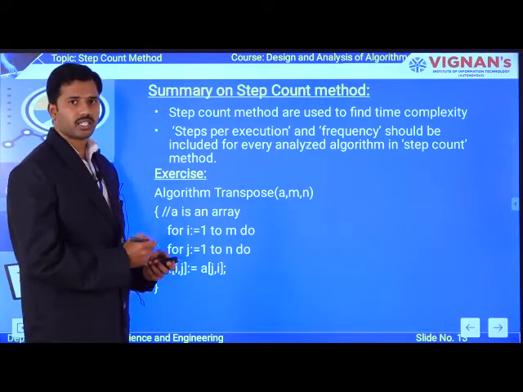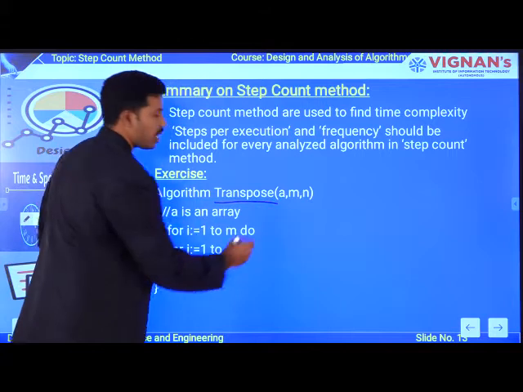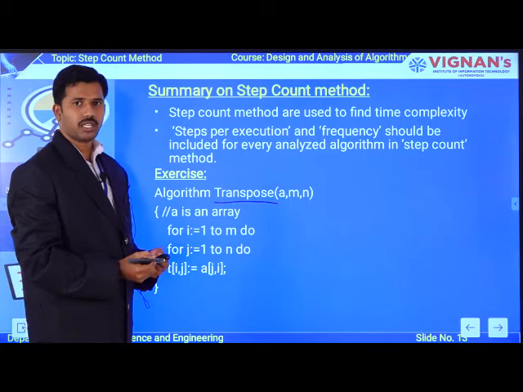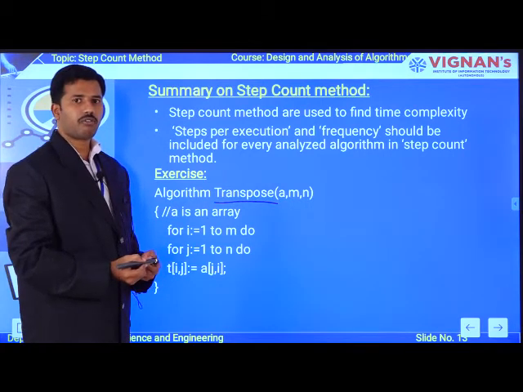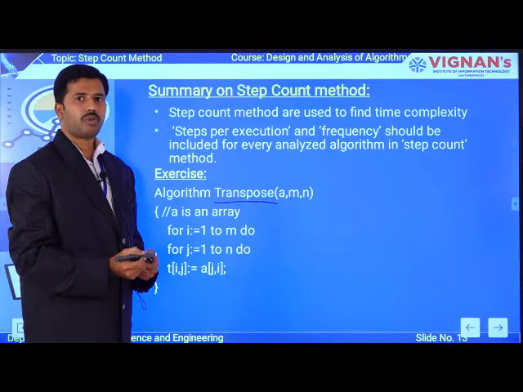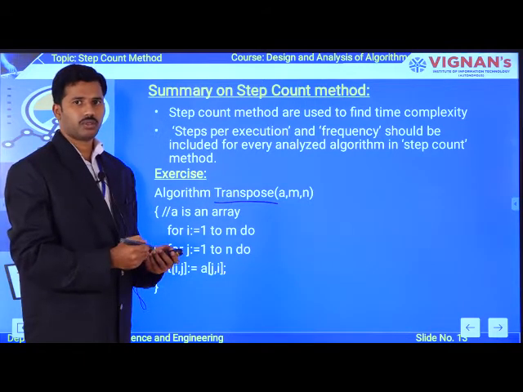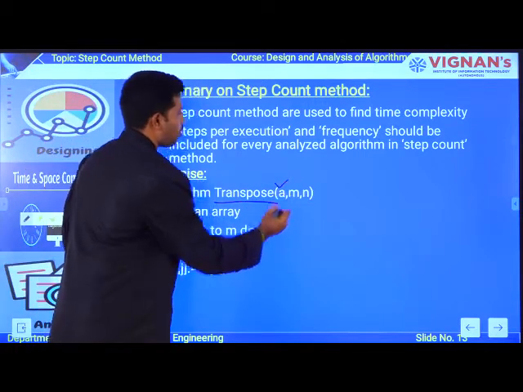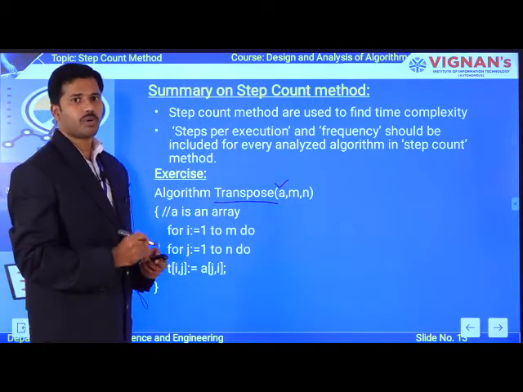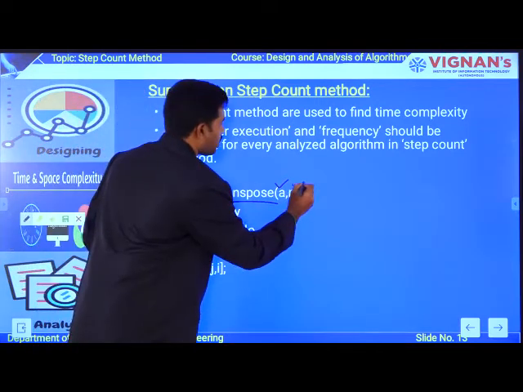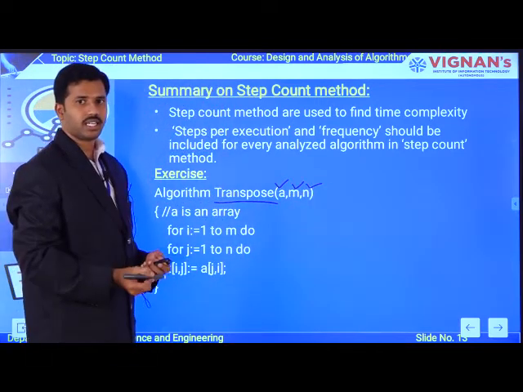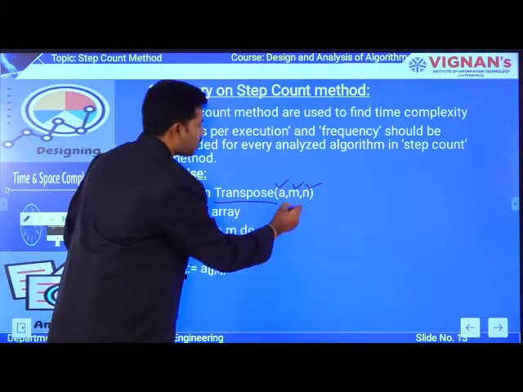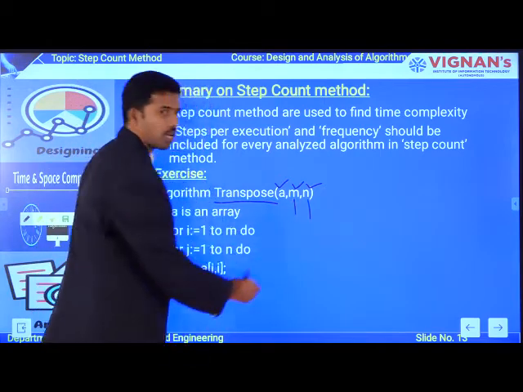In addition to these examples, here I am going to give an exercise for you, which is the transpose algorithm. This is going to accept three parameters as an input. Okay. So what is the main theme of the transpose of an array? Simply you are converting rows into columns and columns into rows. So you are applying that operation on a simple one input array. Okay. The second parameter as well as the third parameter define the dimension of the input array, which is A. So, M defines the number of rows and N defines the number of columns.